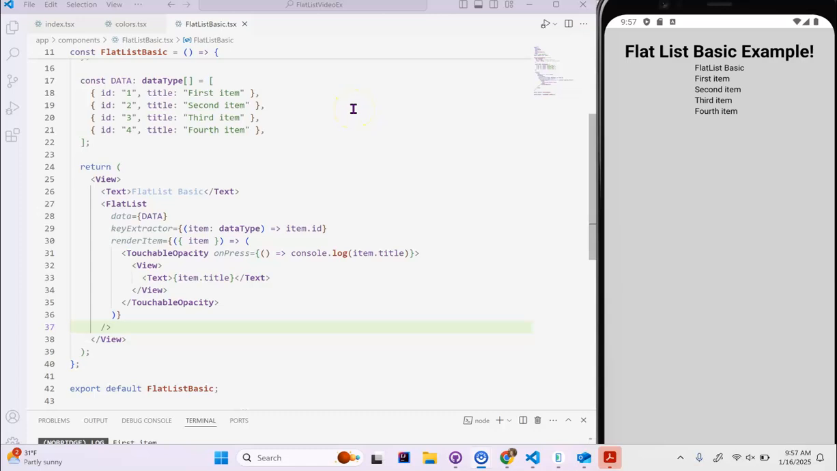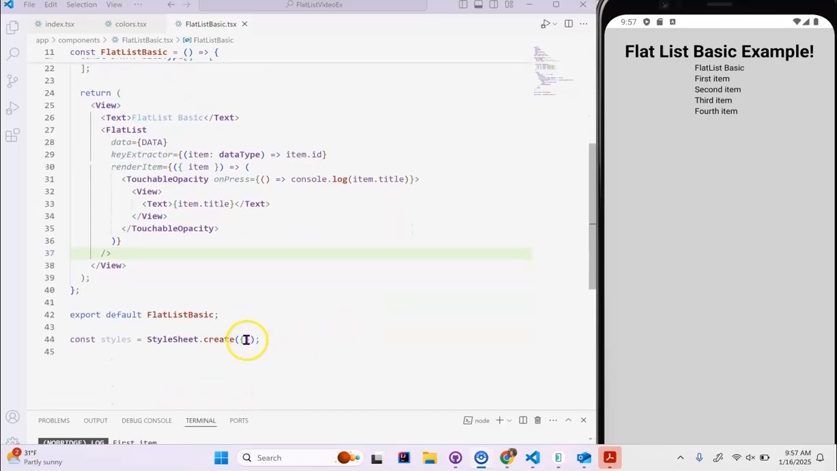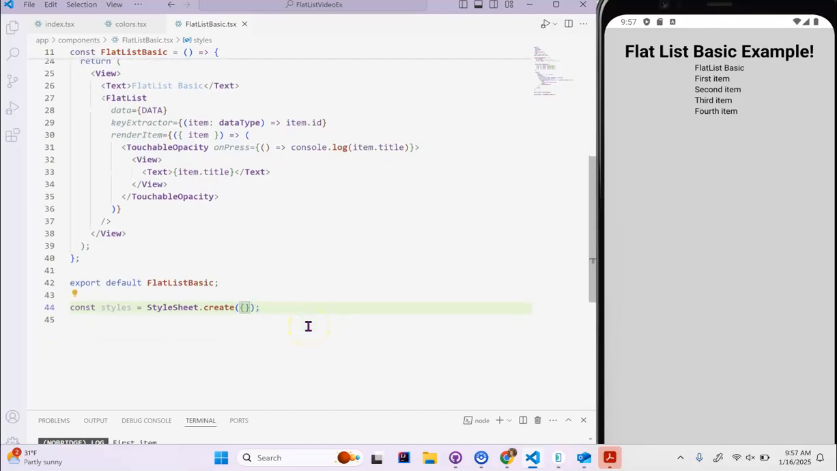Okay, in the part 1 video, we just finished setting up this basic flat list, and we can see our code displayed here. When we click on the items, we log the item, but that is really boring. We don't have any styles for how this looks, and we want to change that. So let's go down to our styles, and let's just make some quick styles that are going to say, for